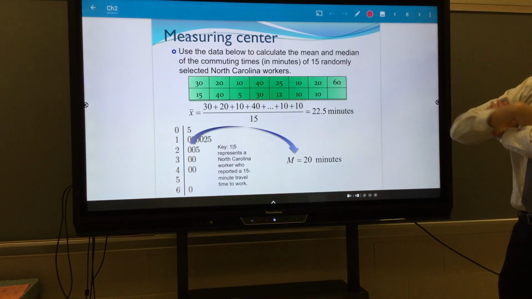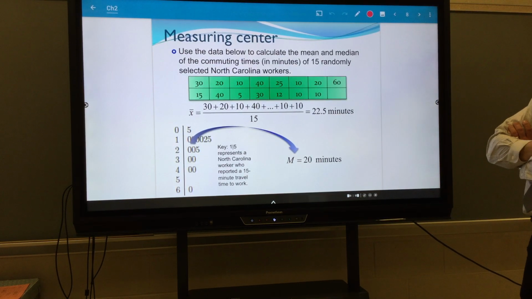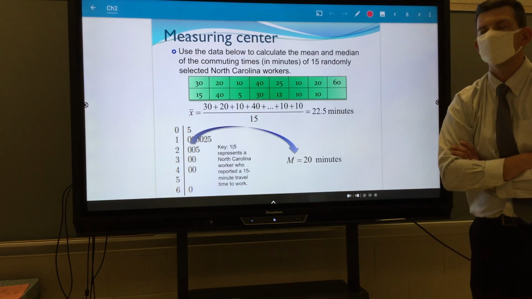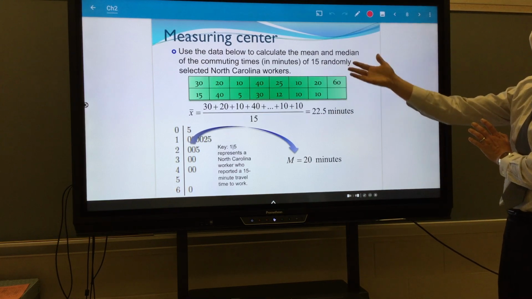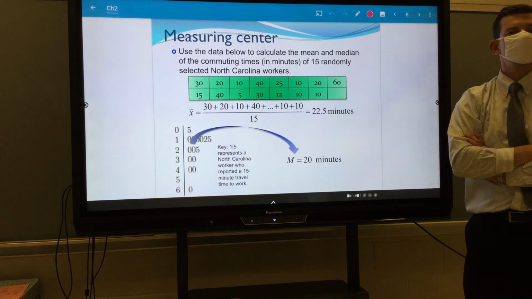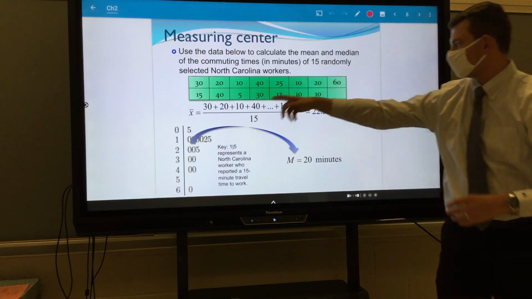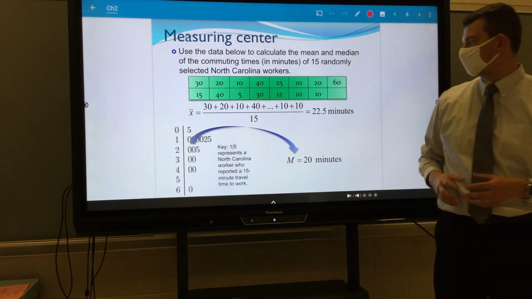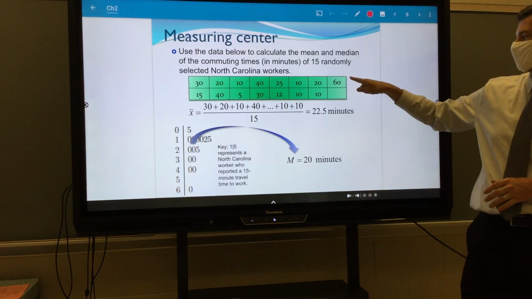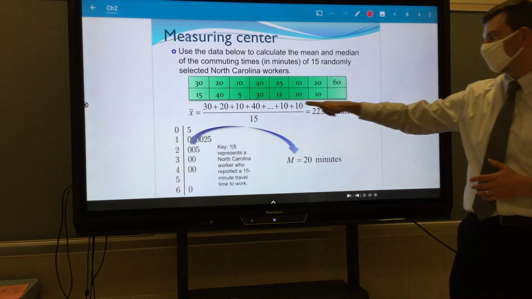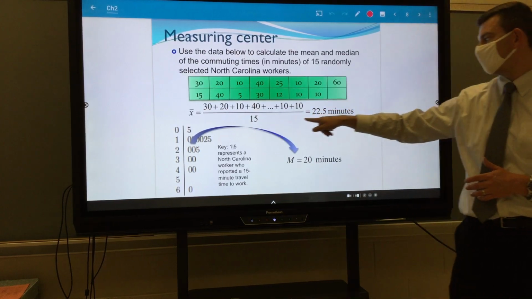Now, here's a quick example problem. We have a data table that represents the commuting time in minutes of 5 randomly selected North Carolina workers. So 15 people in North Carolina were surveyed about their average commute time to work. And we see 5-minute commute for that person is pretty easy. Looks like the biggest here is 60 minutes. So to find the mean, add them all up, divide by the 15 that we have,